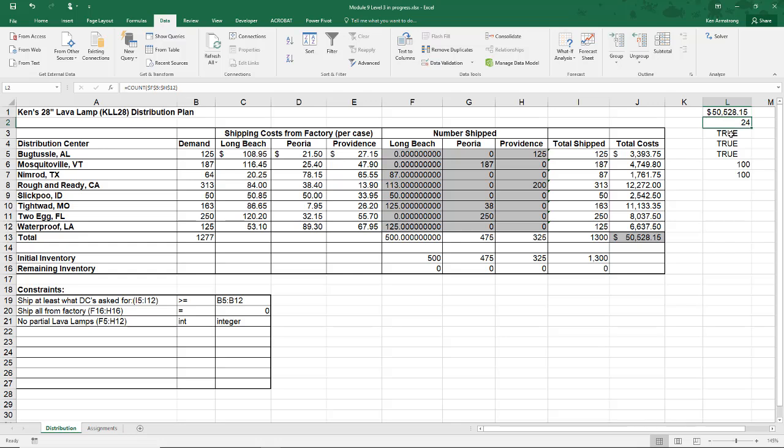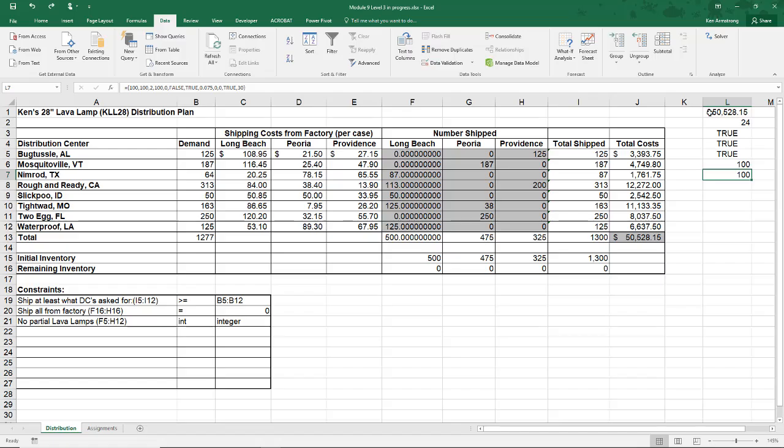If they're true, then that means that they're satisfied and they aren't keeping us from finding a feasible answer. If any of these cells are false, then that means that the constraint formula in that cell is not currently satisfied by the values on this sheet. This cell is an array of all the parameters under the Options dialog button. Let's demonstrate the functionality of this when we would or could use it.